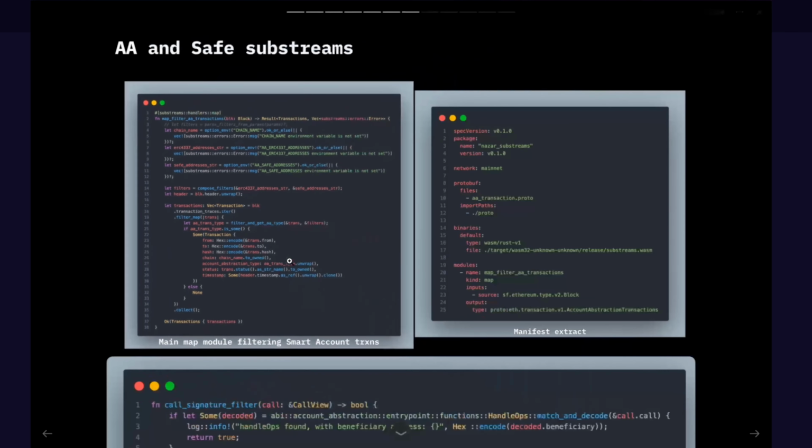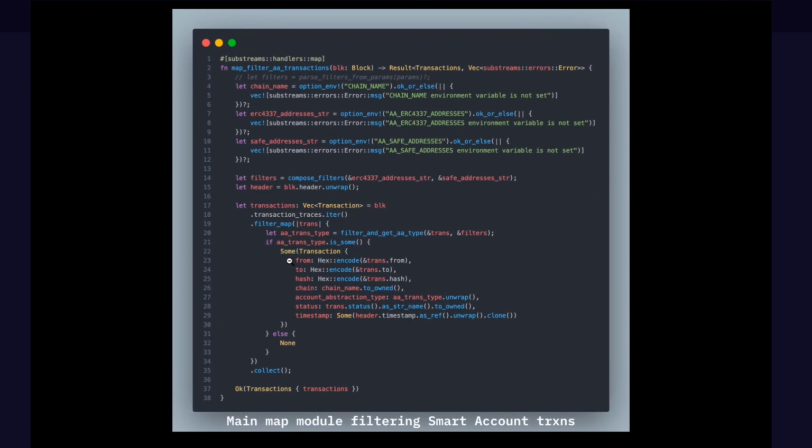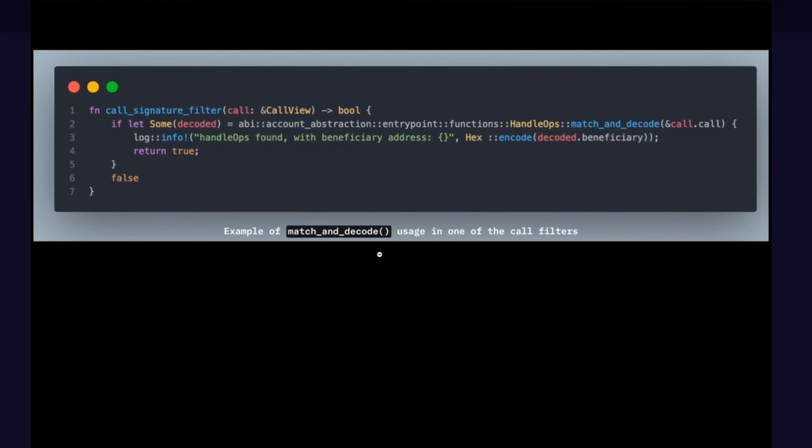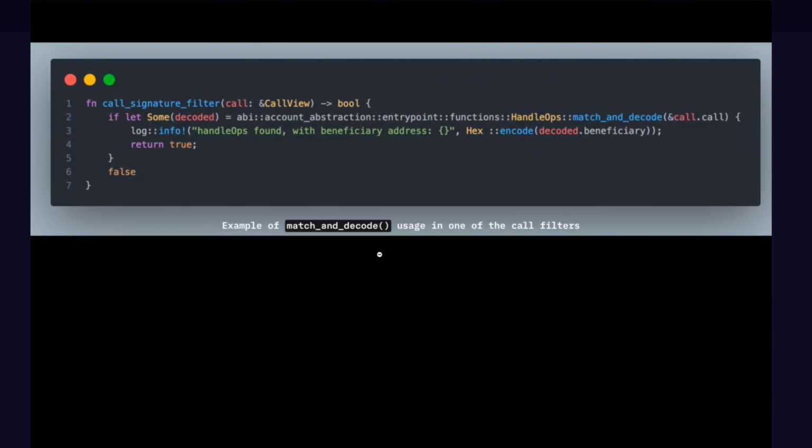And then we create this transaction for all of those that pass the filtering. One of the examples of the filtering is below this screenshot, not this one, below here. So here are some of the examples. We use much more matching, but this is something we can use to filter out all the needed handleOps transactions. If some of you know, the entry point contract usually handles the smart account transactions, which always have a function being called, which is called handleOps, and we match and decode this